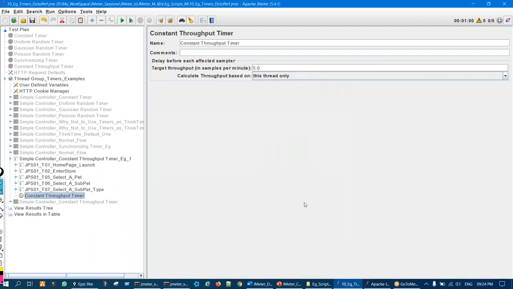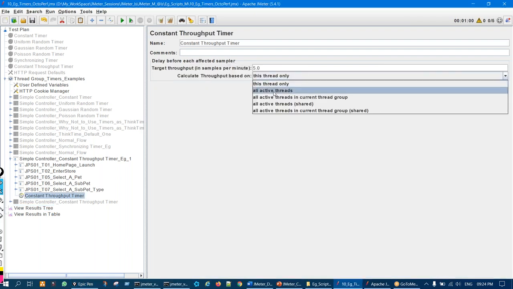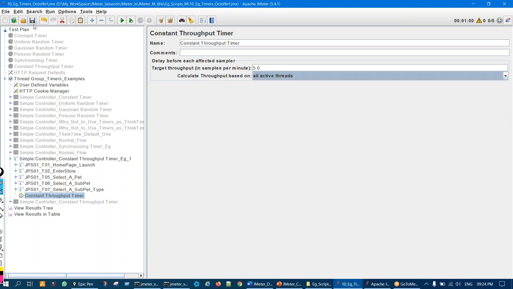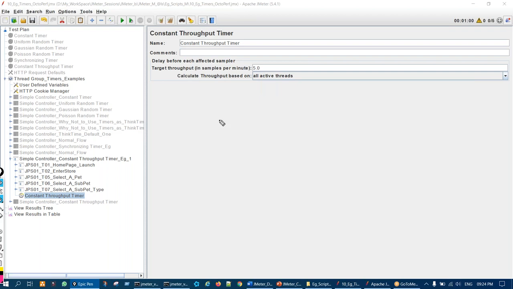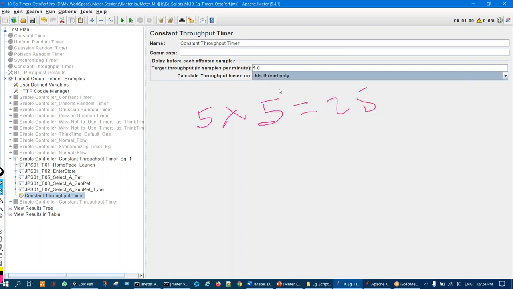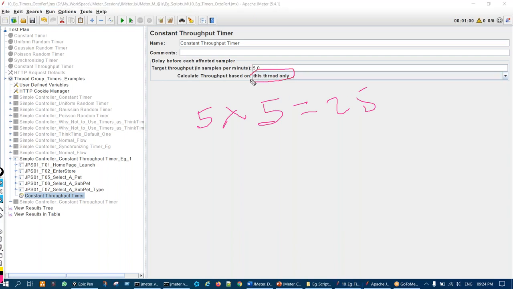Now another setting is here, all active threads. If you select this setting, this is not working properly, but I'll explain what it does. It means that we are running for 5 users, and here I have given 5 requests, so 25, right? But if you select this thread only, what is happening is what we have just seen, that each user will be putting